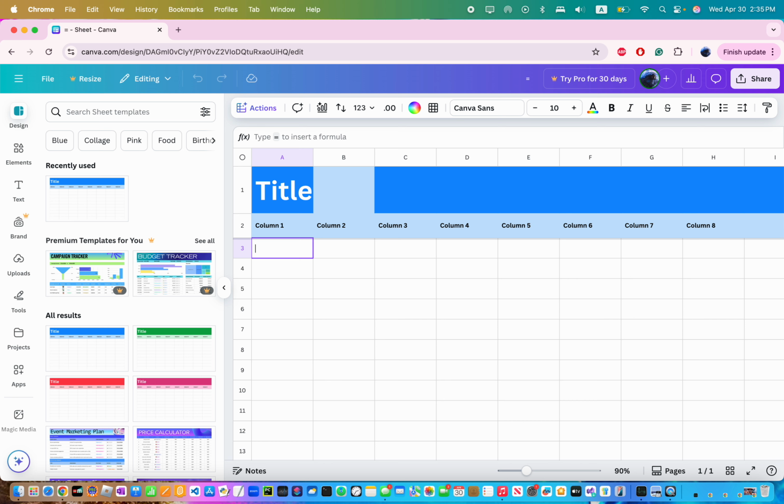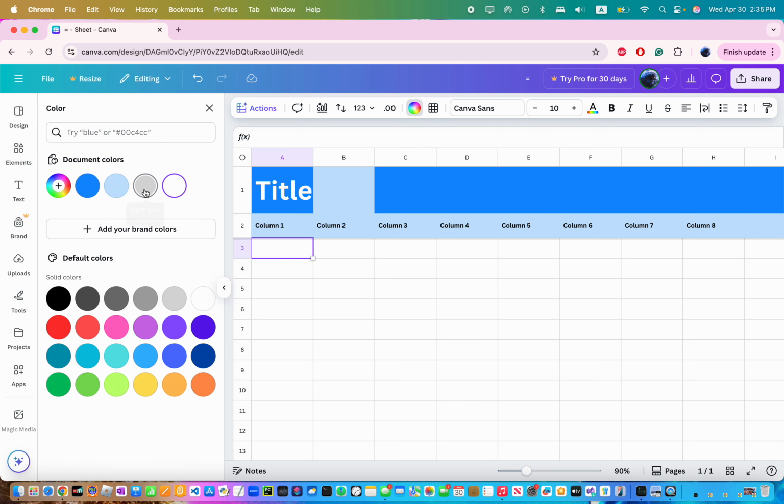I guess this is Sheets, so you don't need to do that, is I think what they're trying to say. But at least you can do the color. This is white, but you can change this to gray, which is actually pretty cool if you think about it. Like, if you want this part to be the main part, okay, I want this to be gray,